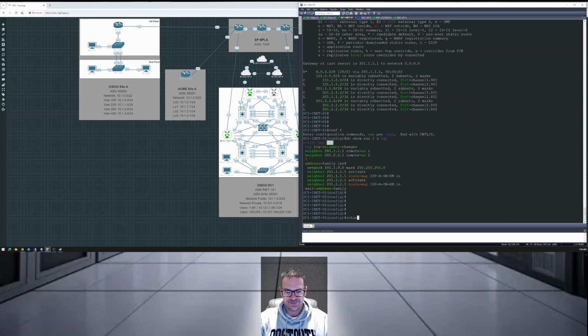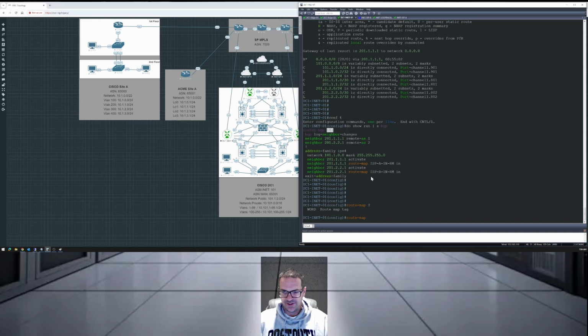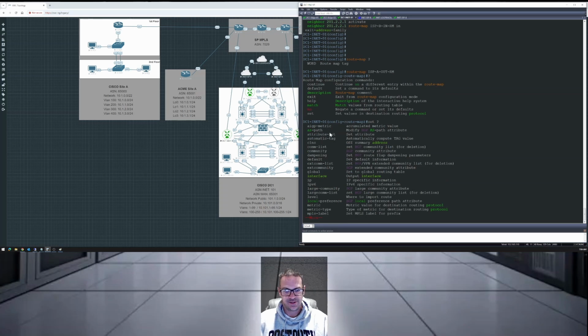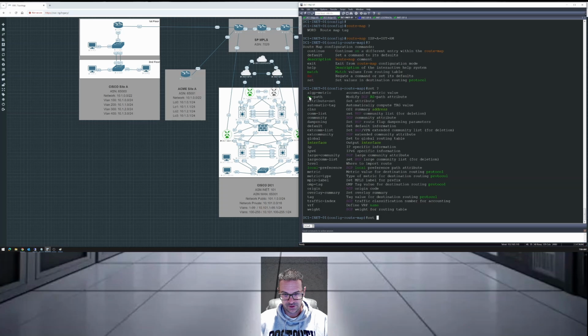So we're going to say route map, and we have to give it a name, right? We're prepending A, so I'm going to say ISP-A out route map. We'll hit the question mark and we'll say set. We're not necessarily matching anything. We're going to say set AS path